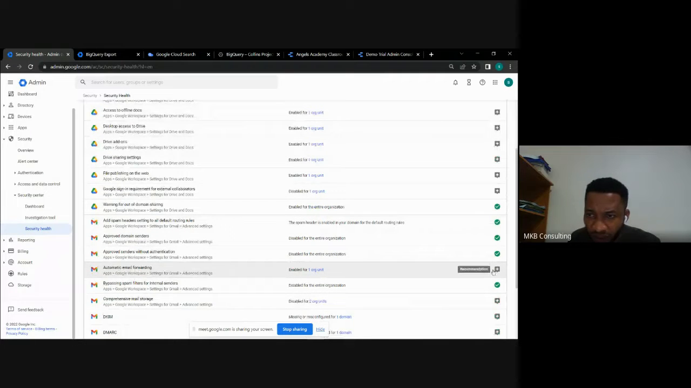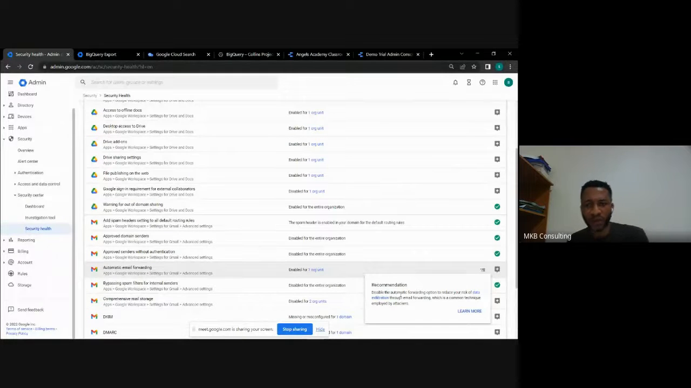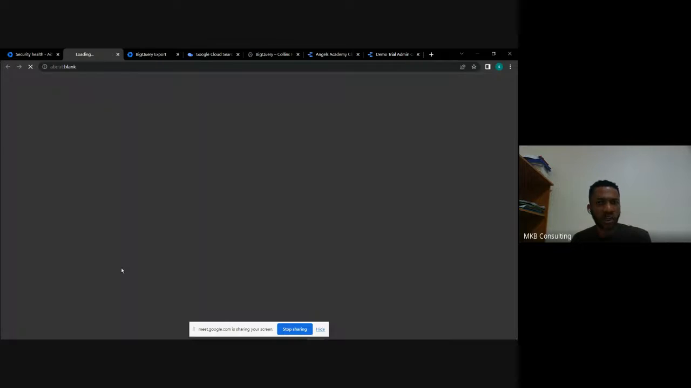email forwarding. If you click here on this gray part, you see the recommendation. We are being told there to disable the automatic forwarding option to reduce your risk of data exfiltration through email forwarding, which is a common technique employed by attackers. So you are supposed to disable the automatic forwarding option at this point. So what do we do now to correct this? You just come here on the settings, you can see it's clickable. When you click on it,